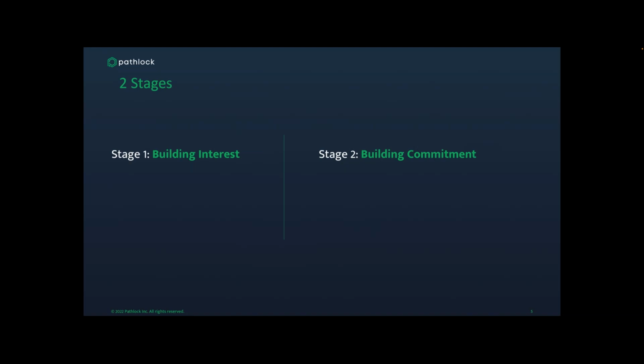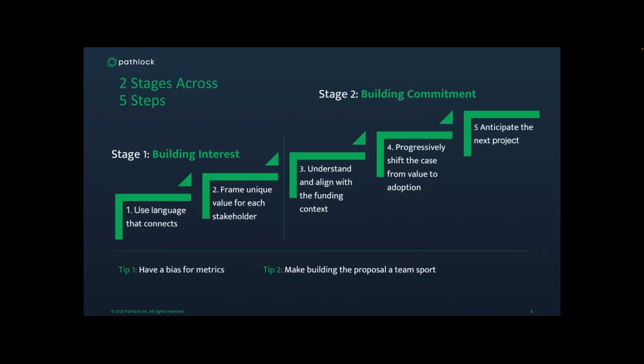Stage two, when we get to these 5 steps, will be about building commitment. How do you begin to move beyond this being a good idea and establish a business case that helps bring together stakeholders in a way that really establishes a framework for commitment? So how do these two general stages map onto a 5-step process? It's like this. Step one is really around